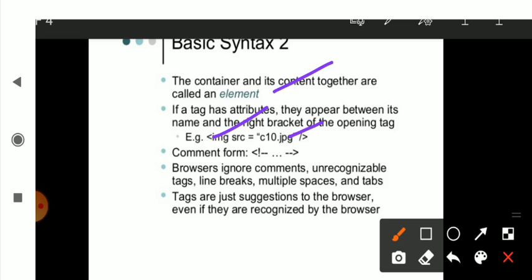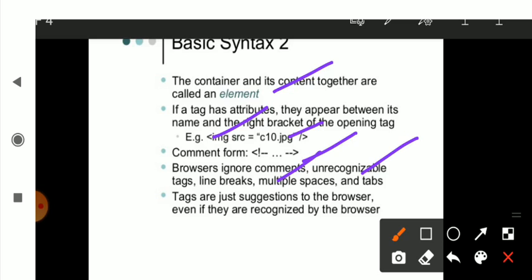Even this HTML concept consists of comments also. How comments are specified is that you take a less than symbol, then a not symbol, and whatever contents you want to add, you can add, and then close it with the greater than symbol. Then it gets closed. The browser may take any of the contents: comments, unrecognizable tags, multiple tags, all of which will be taken.